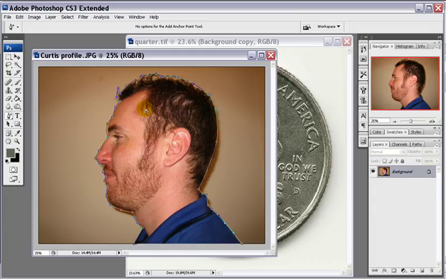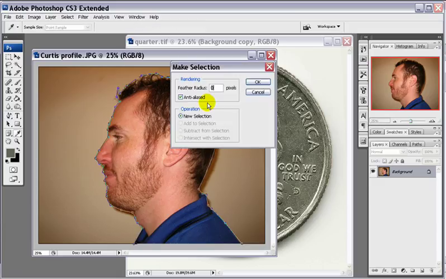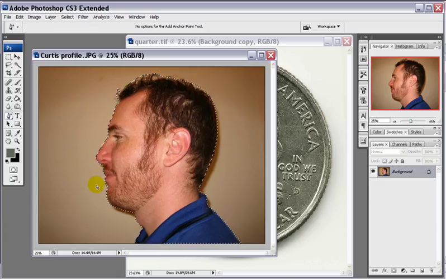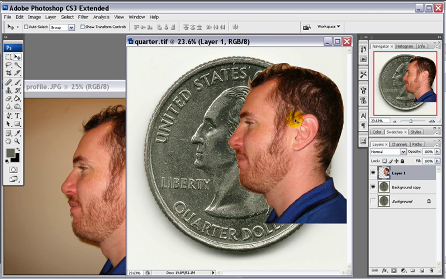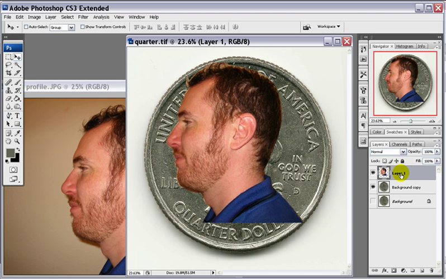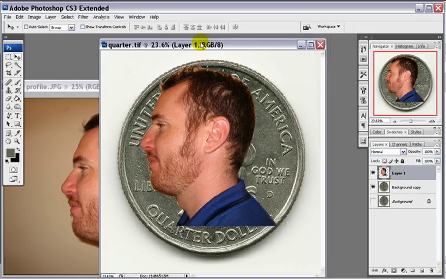Alright, once you have the face about where you want it, right click on the screen and go to make selection, and we want feather 0, just everything defaults okay, and you'll see the marching ants in here. Now we have our quarter picture open and our face picture open. With the move tool I can go inside my selection and move this picture onto the quarter, and so now I've got layer 1. And so we can name our layers, so why don't we name this layer